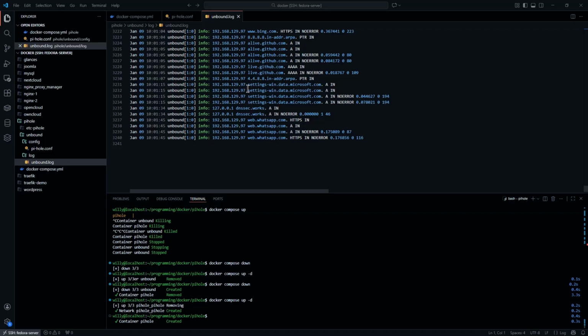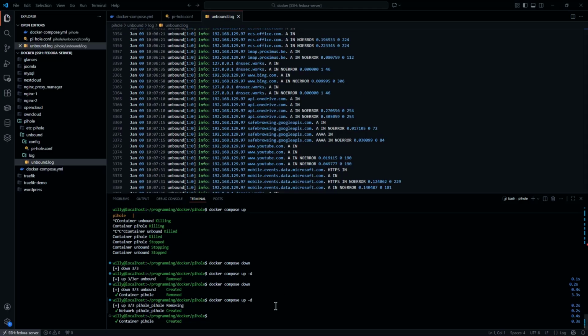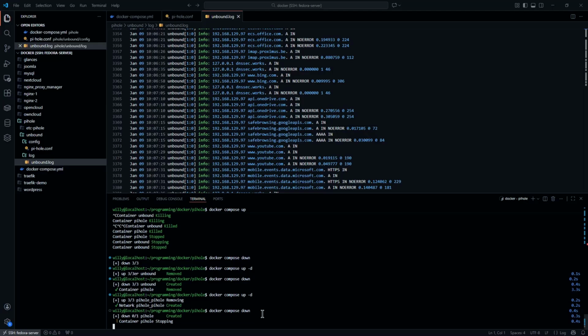That means everything is working and we are secured. In the next step, we're gonna add Redis as a cache to our containers. For this last step, we stop the container again. So Docker Compose down, enter,